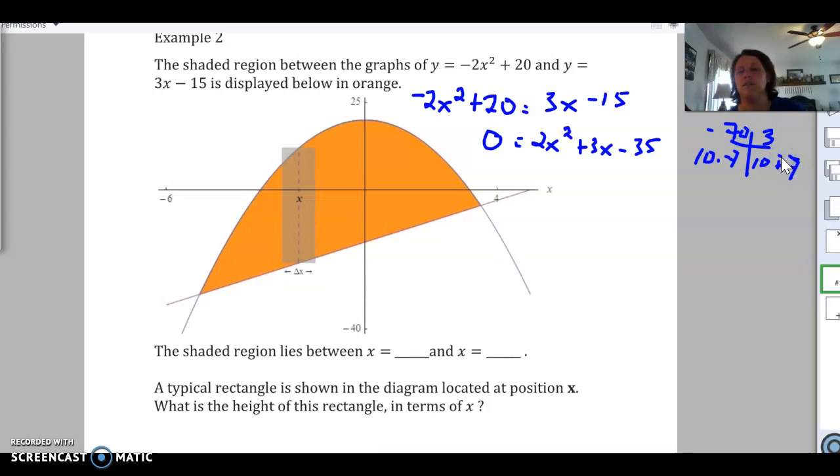And 10 times negative 7 is negative 70. So that's what we're going to split our middle term into: plus 10x and minus 7x minus 35. And then we want to factor that by grouping. So we can factor out of the first two a 2x. And then what's left,